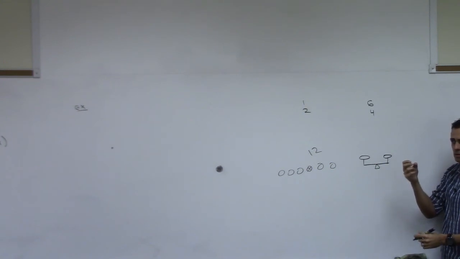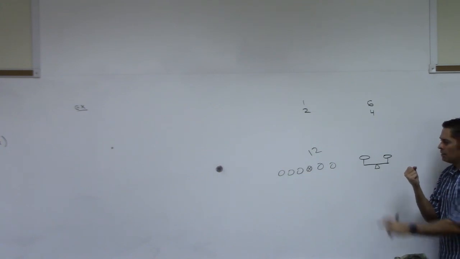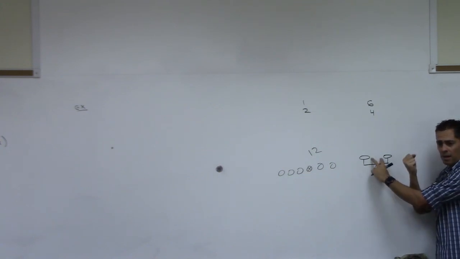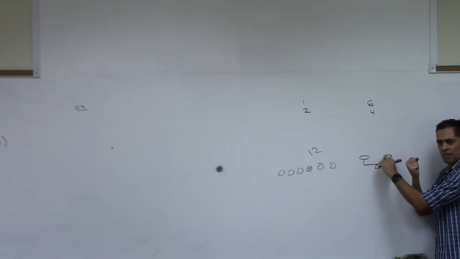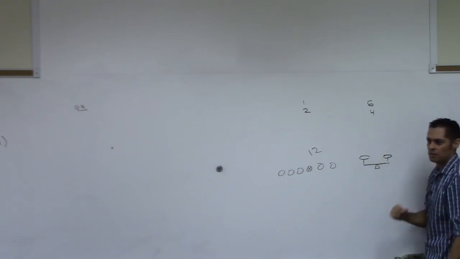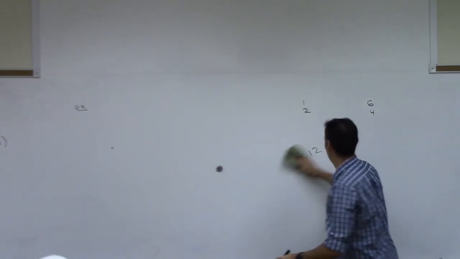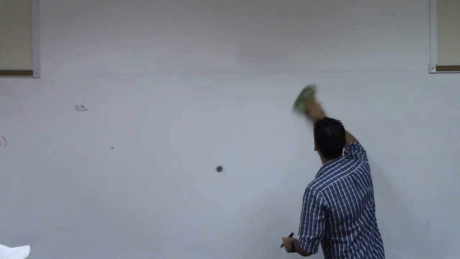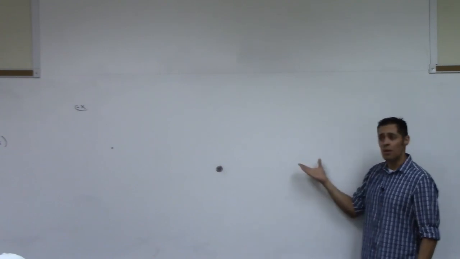Now, 1, 1, and 1 in my hand. If these are balanced, I've got it in my hand. If this one goes down, that's it. This one goes down, that's it. 3 weighings. That's the answer. That's the correct answer. Okay? All right, so you can see that took some critical thinking, right? You could say 4. Yes, you could do it in 4, but it's not the most efficient way to do it. And that's what they wanted, the most efficient way to do it. So I'm sure someone said 4,